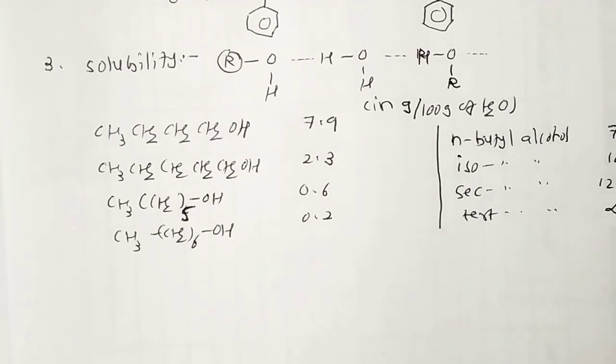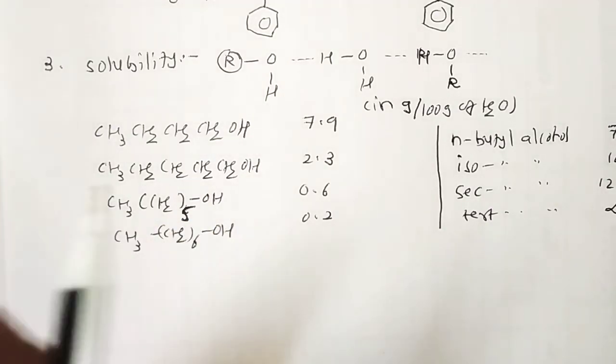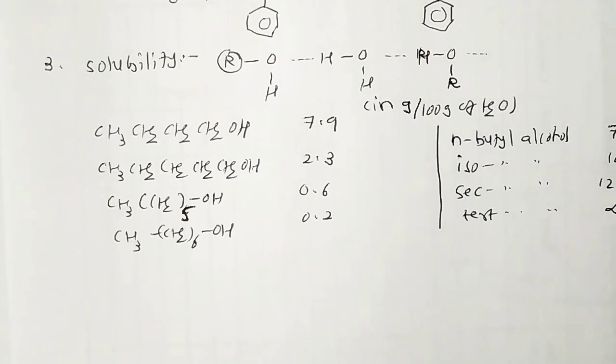Like alcohols, phenols also form hydrogen bonds with water and hence should be soluble in water. But the solubility of phenol in water is much lower than that of alcohols because of the large hydrocarbon portion present in the molecule. However, some trihydric phenols are very soluble in water. Phenol is also soluble in organic solvents such as ether and alcohol.